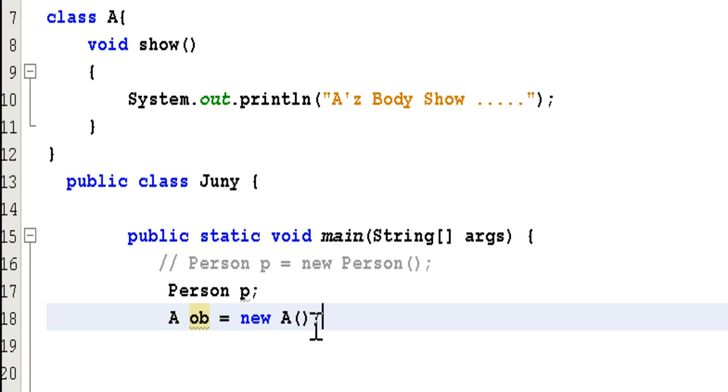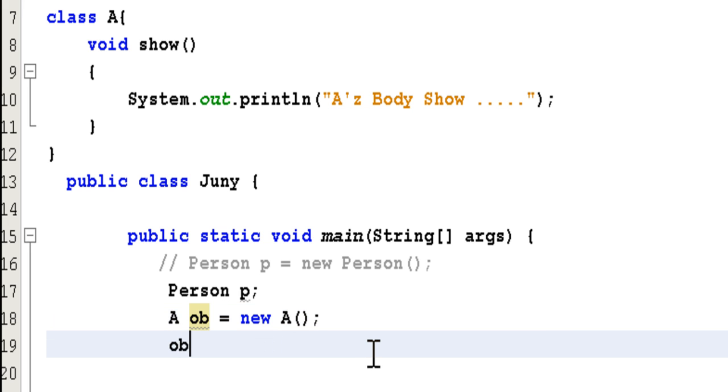Here we go. So we got a newborn baby. That's ob, right? The ob is not that baby. ob is only pointing to that baby, because ob is not an object. ob is the reference variable which points to the object. The object is in the heap, and ob itself is on the stack. Good. Now if I say ob.show,